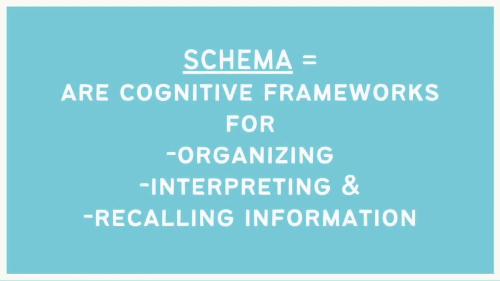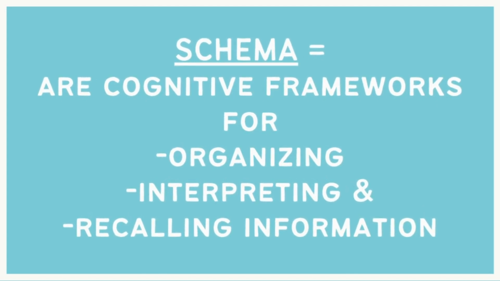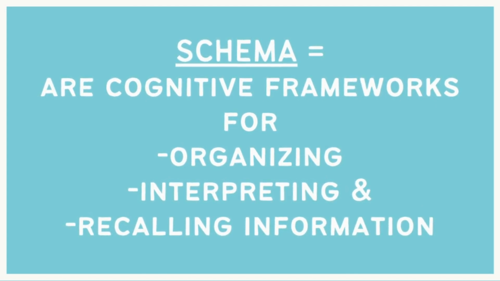So schemas are cognitive frameworks for organizing, interpreting, and recalling information. So when we categorize people into a group, it is easier for us to operate, it's easier for us to remember things about the group. It takes less cognitive effort to recognize any member of that group. It is very efficient for us. It takes less cognitive effort for us in many situations, and that is the reason why we have schemas, and then